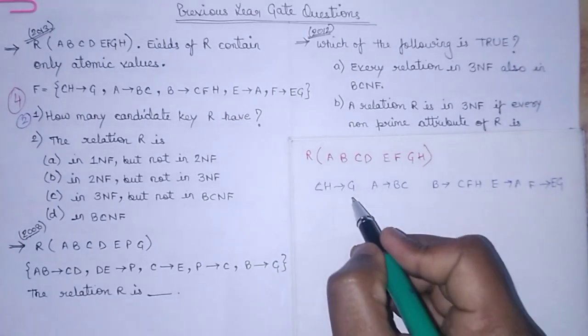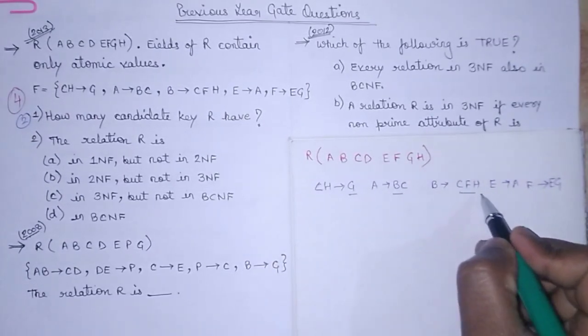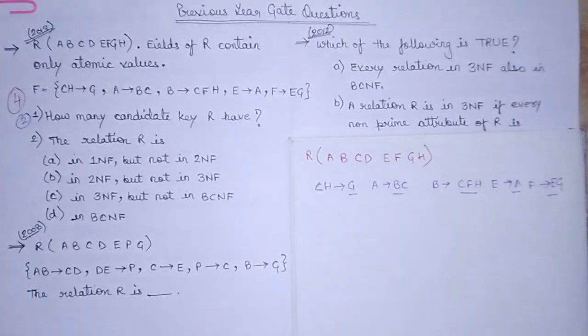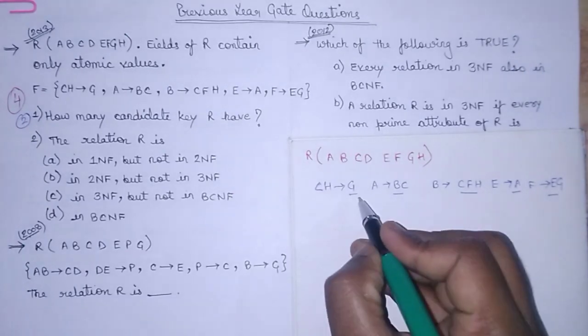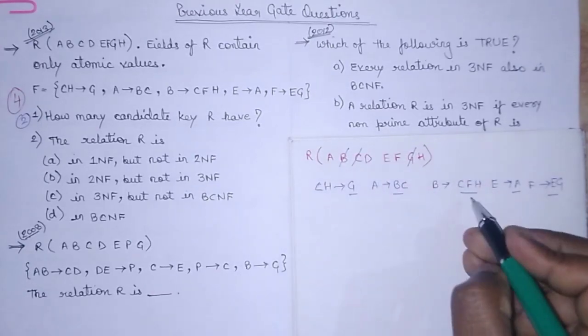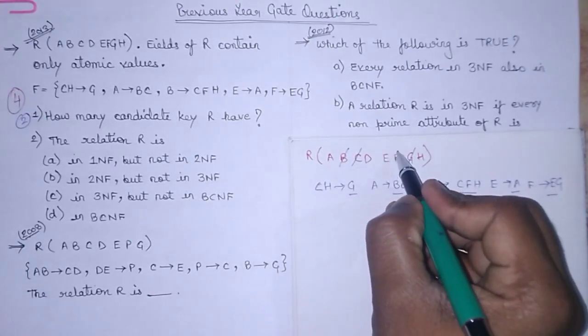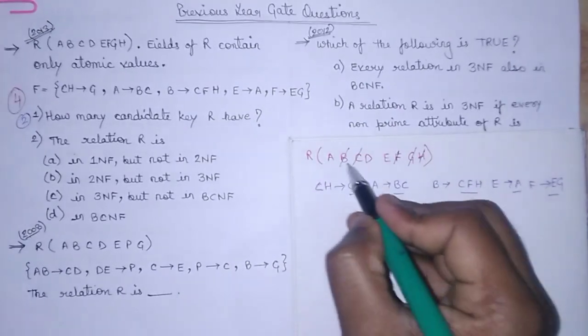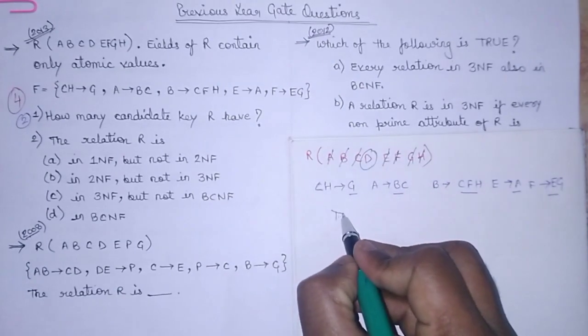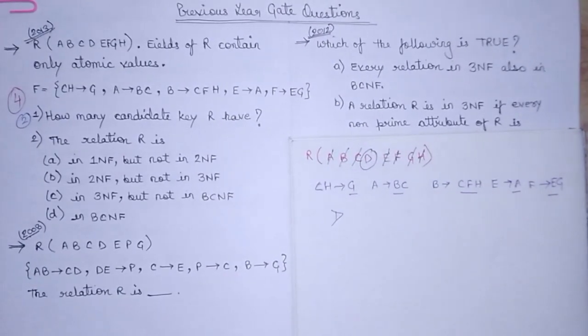So here you can see that we check the right hand side of each functional dependency. Whatever attribute we are having on the right hand side cannot be in the key. So how can we find out? G, let's mark G. BC, B and C, BC is already covered on the right hand side. C, F, H, C is already covered. F and H is already covered, right? A is covered. E, G, E is covered. So we are left with D. That means D must be in every candidate key of this particular relation. Otherwise D cannot be defined. So to make it trivial, we will include D in every possible candidate key.